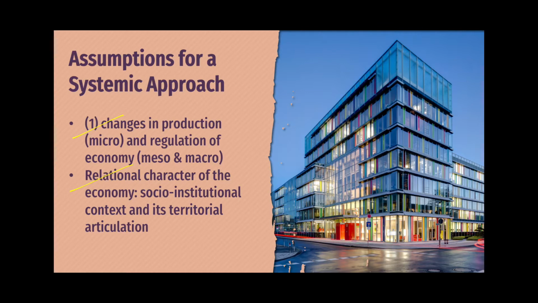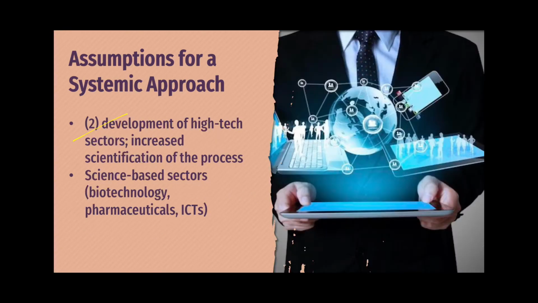So there, we're looking at a more social institutional context, and also we're seeing that it's not only in terms of the social institutions but also territorial articulation, and that this brings us back to why there are certain areas in a given country that could be considered a technology hub, like for example Silicon Valley, because there are many territorial or geographical features of that specific area that have made it more welcoming for innovation.